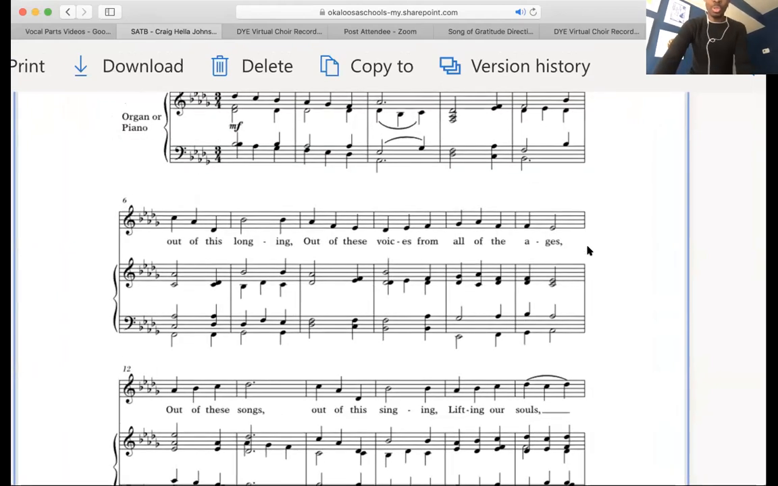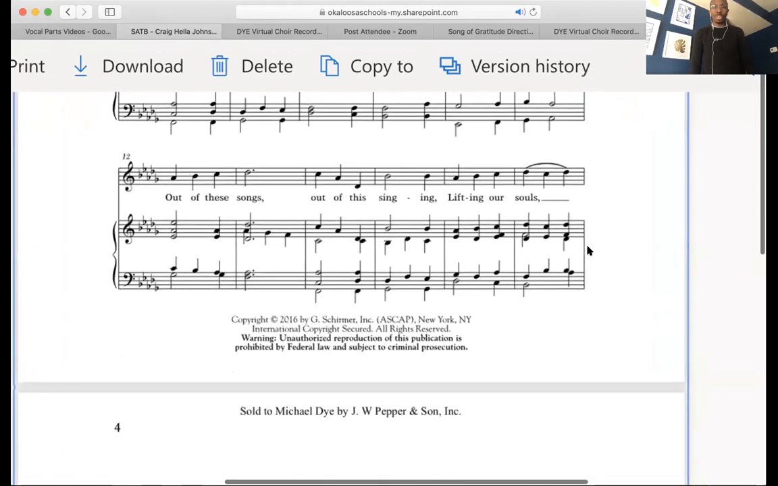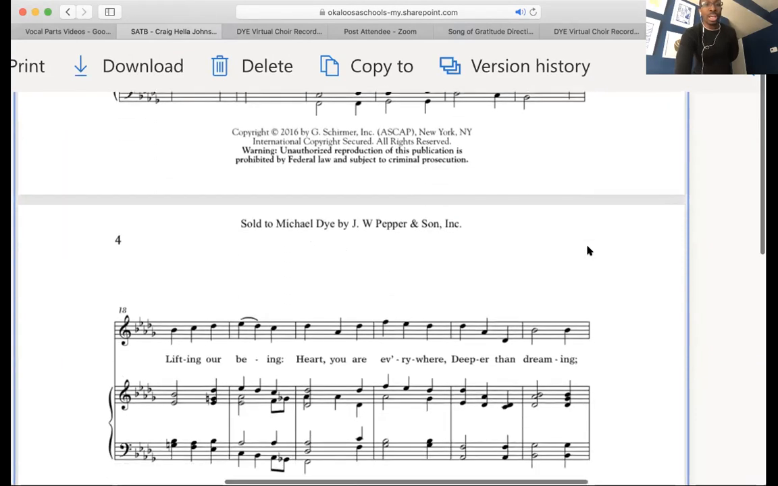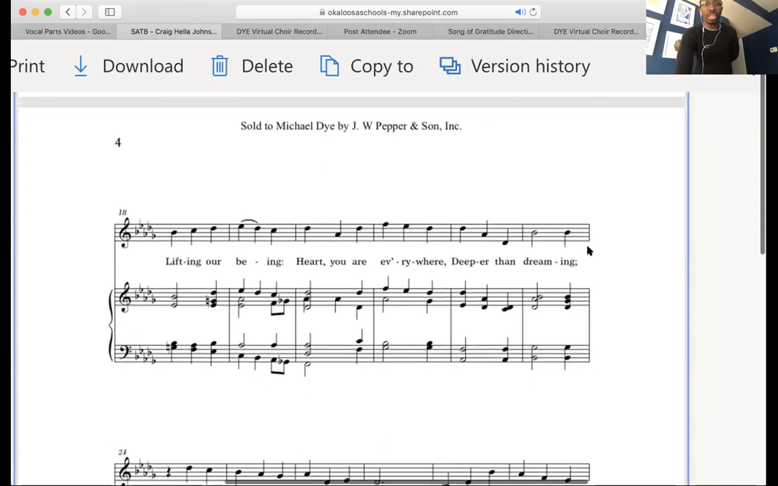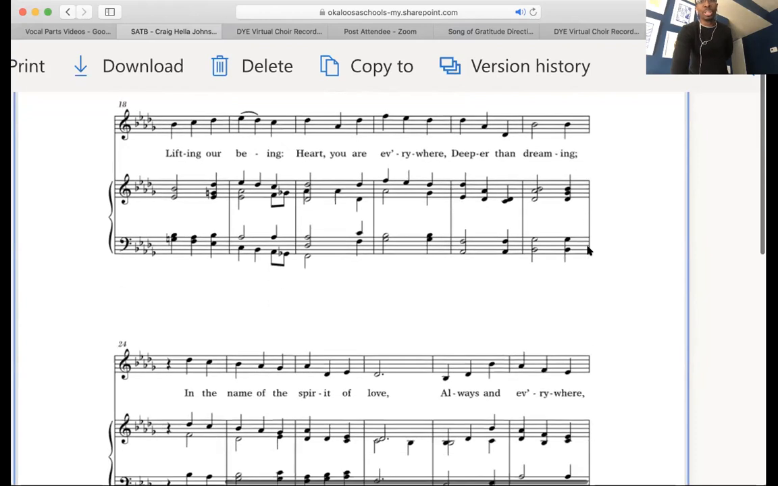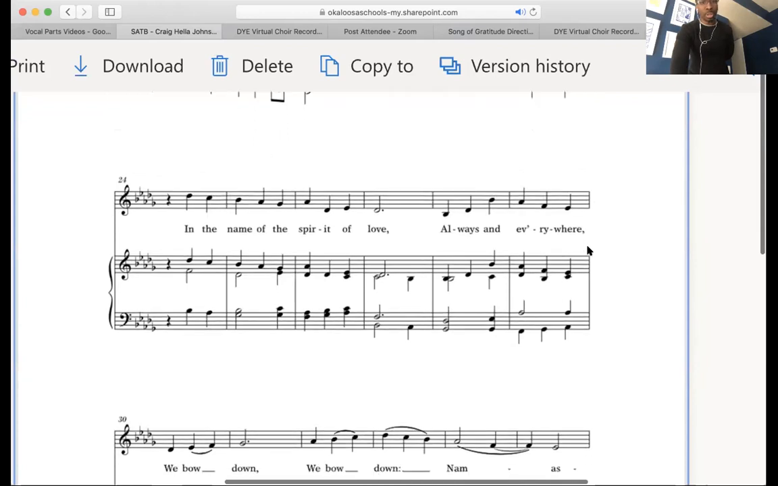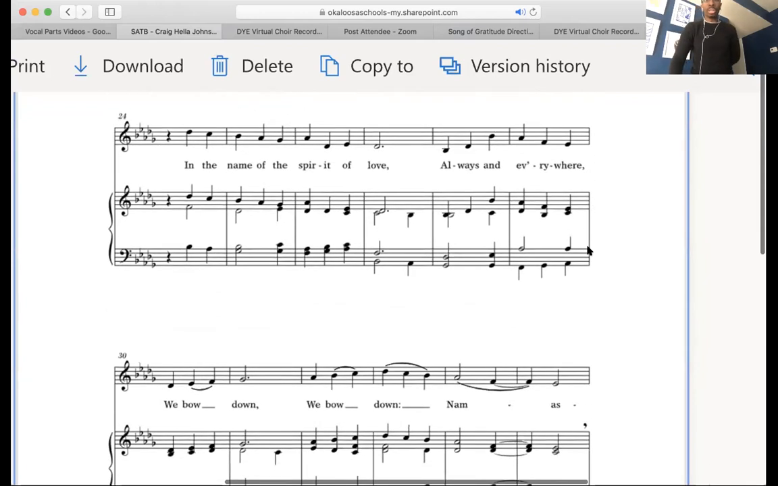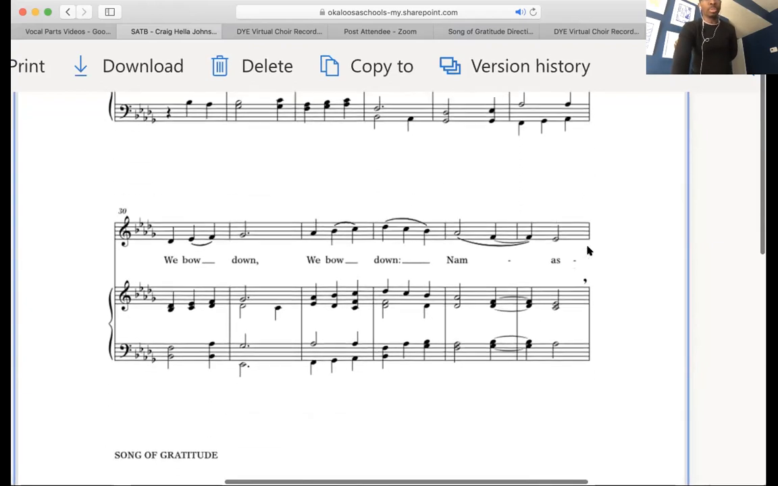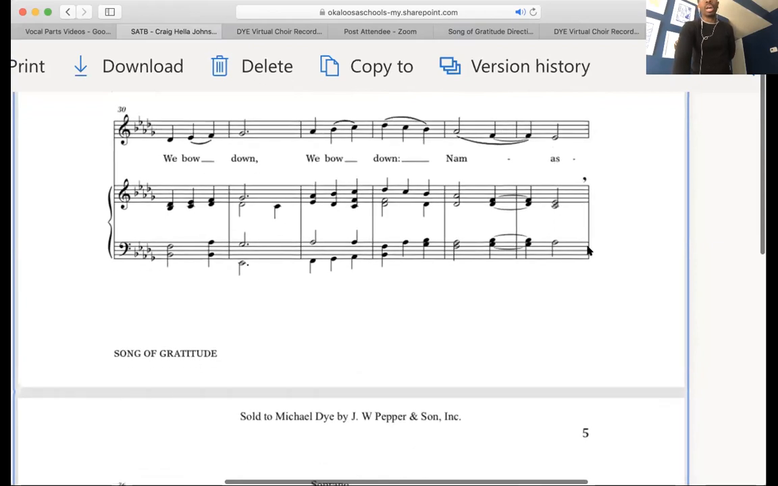Out of these voices from all of the ages, out of these songs, out of this singing, lifting our souls, lifting our being, heart to heart, everywhere deeper than dreaming. In the name of the Spirit of God, always and everywhere we bow down, we bow down,